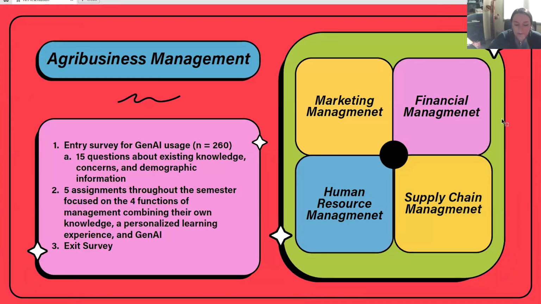So what did that look like? Breaking this course down into our 4 key functions of management, we start out with marketing management, then go into financial, human resource, and supply chain management. That's the foundation of what this course is built on, using different course materials. But the challenge with this class, besides it being large, is that we have upwards of about 40% non-majors on average. We have students in poultry science, our financial planning, AgX students, and our agribusiness students. I have ag systems management students, ag leadership students, and wide varieties, wildlife